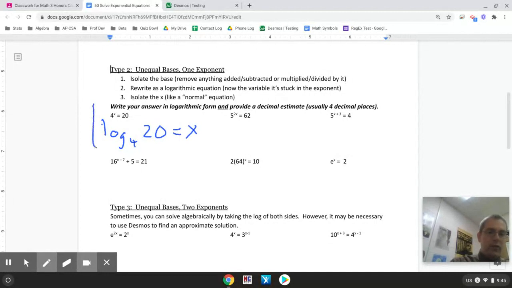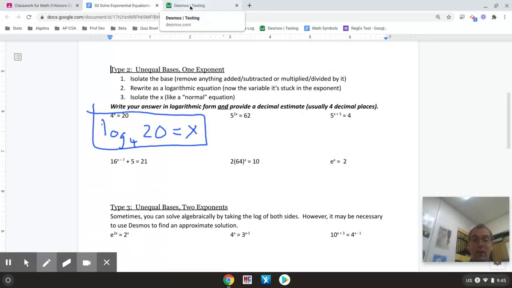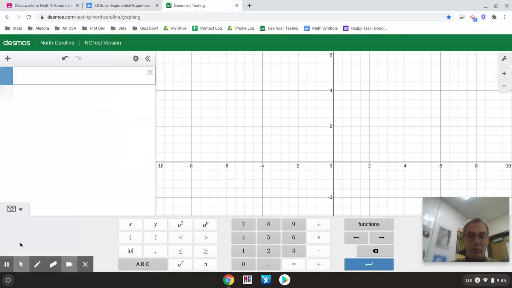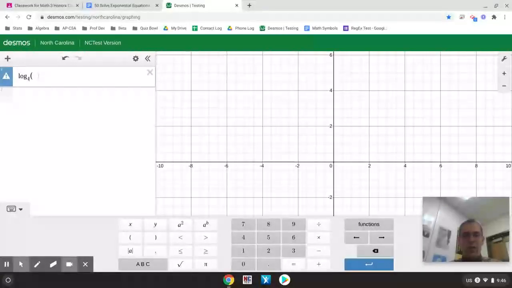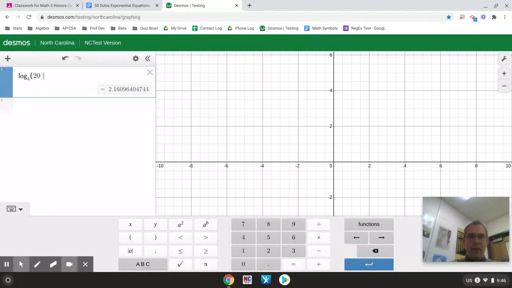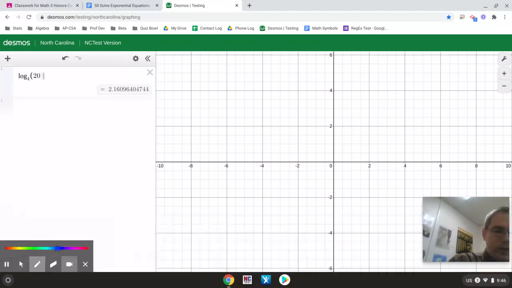Now the truth is, at this point we are done. My answer is log base 4 of 20, x is by itself. I am done, but we also usually do want a decimal estimate. To get that, we're going to go to Desmos, pull up our keypad, go to Functions, look under Miscellaneous, and choose the log with the base. The log in the middle is the one you're going to be using most of the time. So log base 4 of 20 is equal to 2.16, and we usually want 4